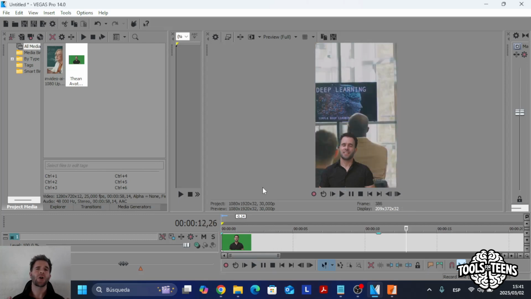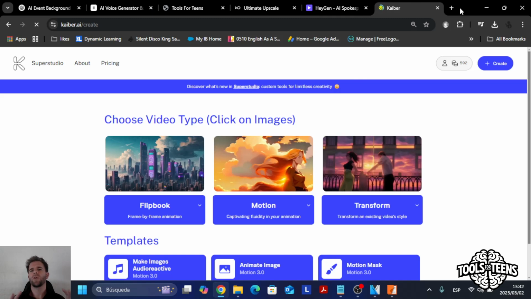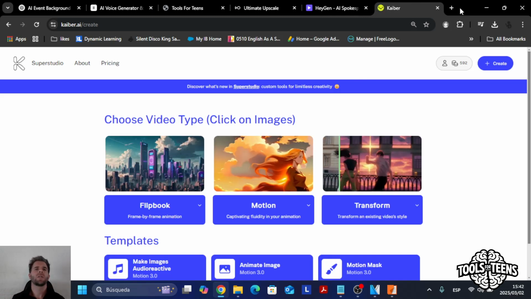So yeah, it's starting to look pretty good. I just have one final hack to make it a little bit more personalized and get away from that generic stock footage feel. And for that, I'm going to go to Kaiber. So Kaiber is this great platform where you can transform existing videos into different styles. You just go to